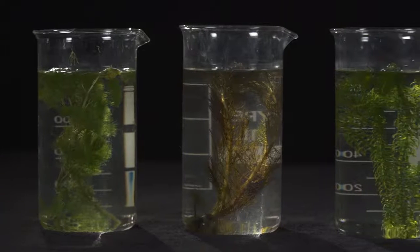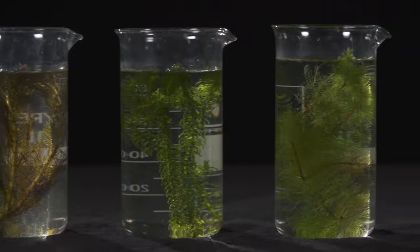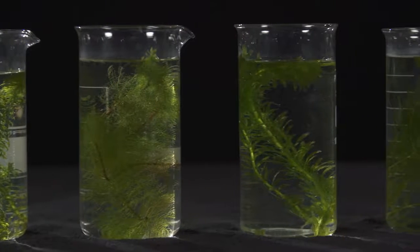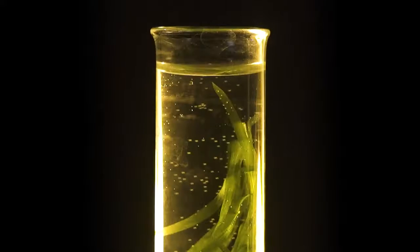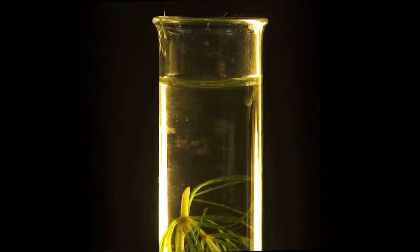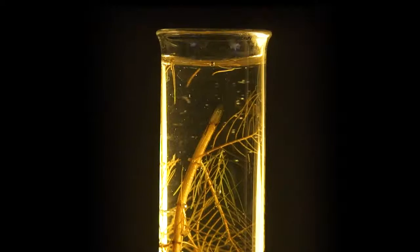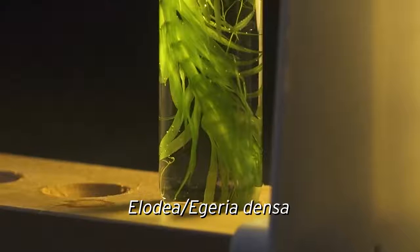There are loads of pondweeds available that you can use for this practical. Previously, Cabomba caroliniana was suggested, but it's now unavailable. To help you prepare for this activity, we have a range of pondweeds here, all of which you can see are producing bubbles. Today, we're using the following species: Elodea or Egeria densa,